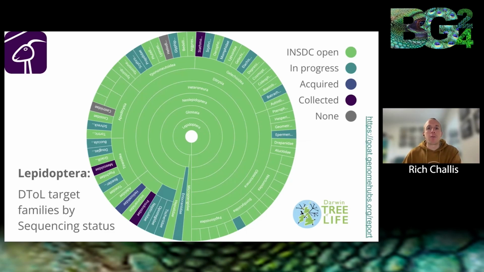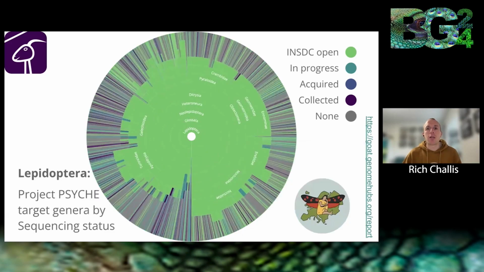And in fact, if we switch to the Psyche project, which is aiming for all European Lepidoptera, we can see the progress of that project with many of the leaves that are not yet green in purple, as a lot of samples are already collected as the project progresses. But as fun as it is to watch the colors change,